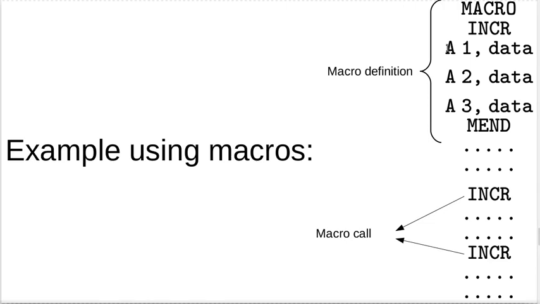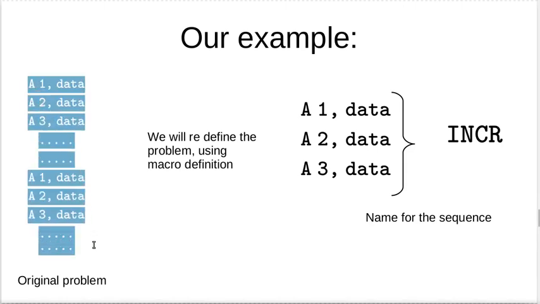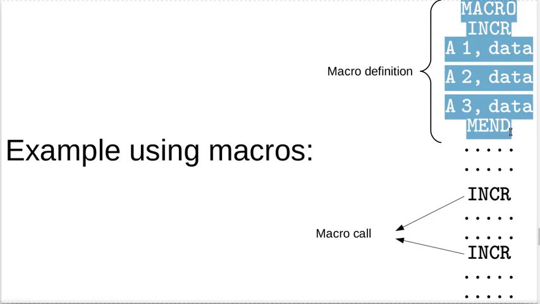Followed by INCR, there is a sequence of steps. For these sequence of steps, we are providing a name called INCR. This is what it means, right? Now once we have written the sequence of steps, we will simply put down MEND, or macro end. So this is the macro definition for our given sample problem. For our given sample problem, we can have a macro definition which will look like this, right? Make sure you understand this. If you have any problem at any point, you can pause, rewind and go through the lecture again. I am sure you will understand, but this is very important to understand.